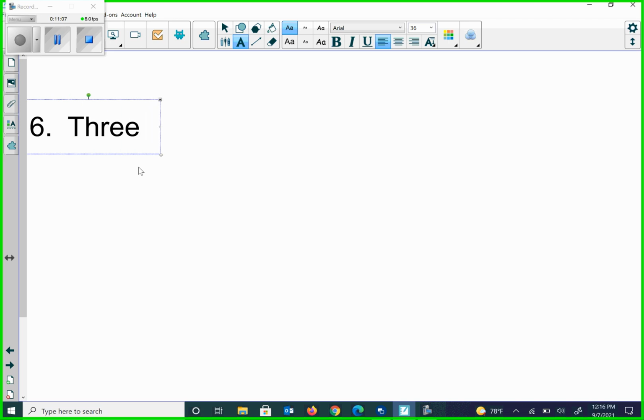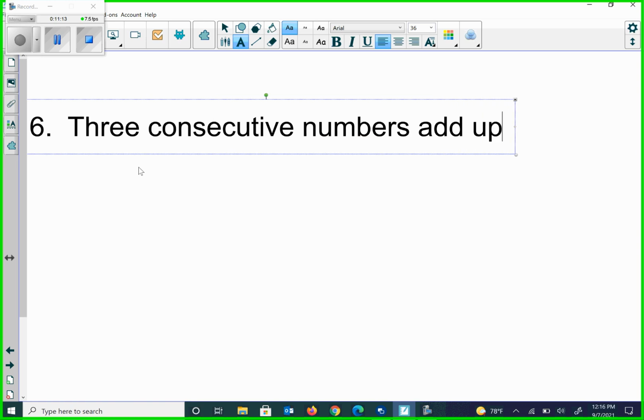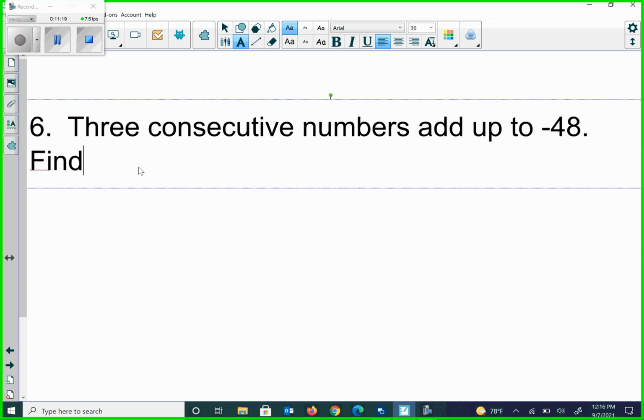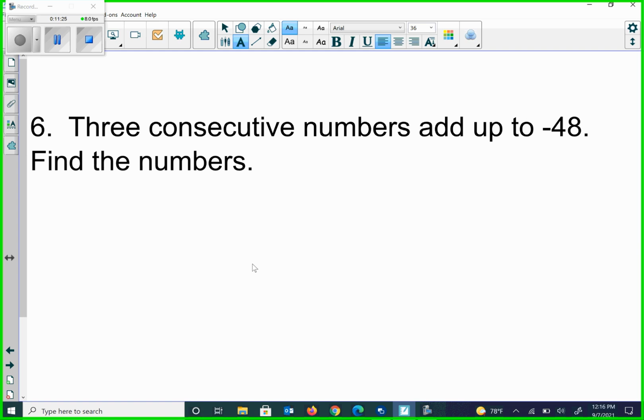It says 3 consecutive numbers add up to negative 48. Find the numbers. So one, we have to remember what a consecutive number would be. That's like 7, 8, 9, or 31, 32, 33, or negative 10, negative 11, negative 12. Those are all consecutive numbers. They're one after the other. Agree? Okay, so